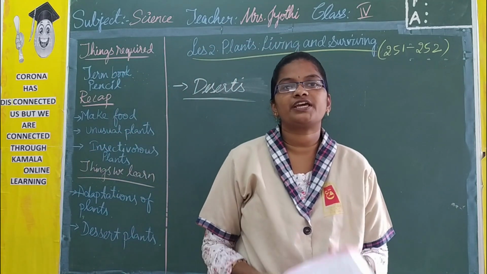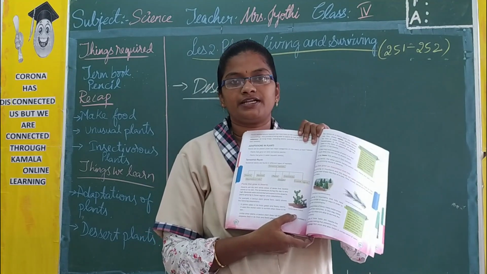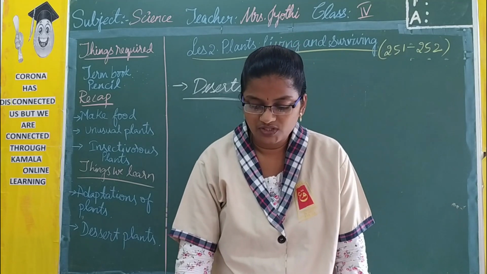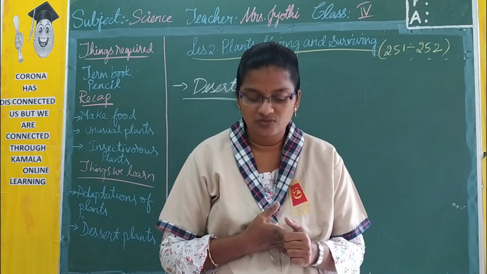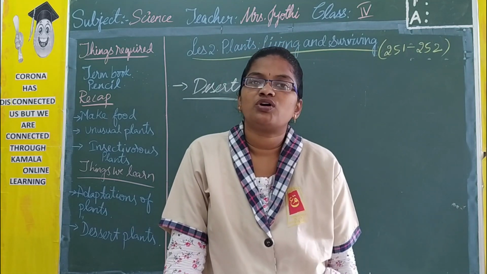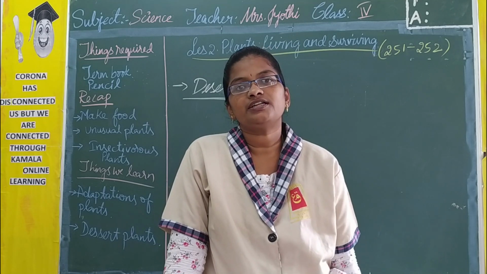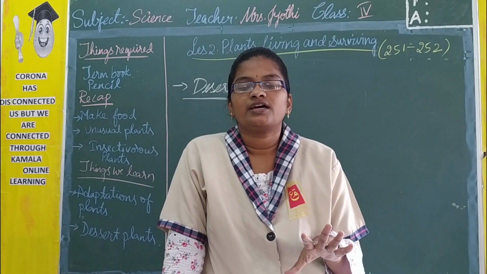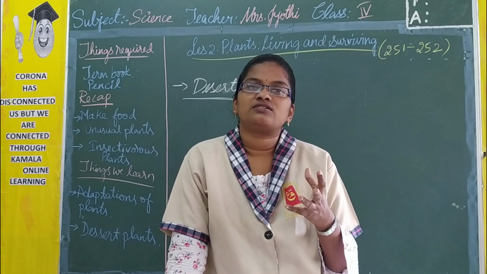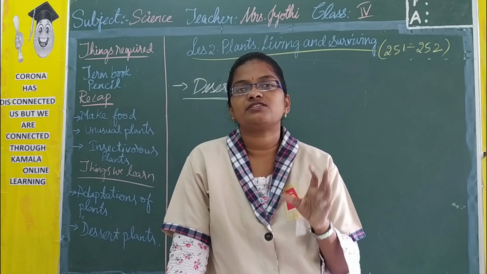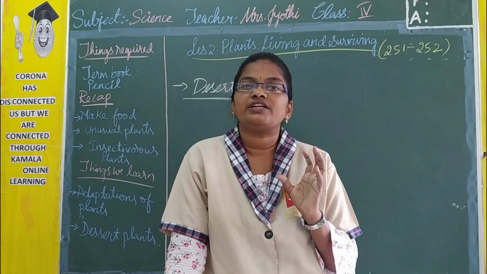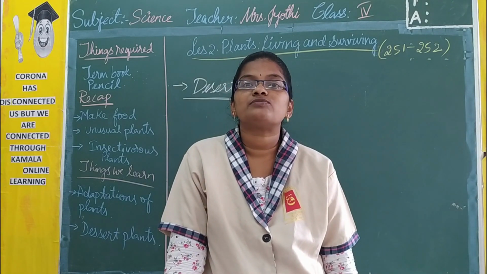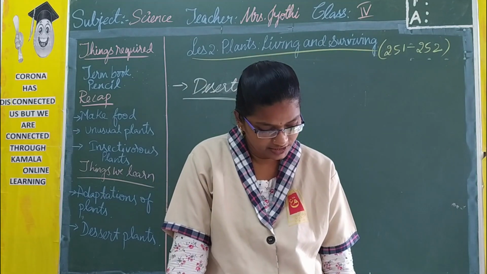So here in the textbook they have given an example, that is the cactus plant. So cactus plant is the best example. In desert you can see only cactus plant and another 2 types of species. Most of the plants do not grow in desert region because the type of soil is very loose. It cannot hold much water and there is a hot climatic condition. That means the climate is very hot and humid. So very little water will be available in that place. So most of the plants cannot adapt themselves to grow in such kind of climatic condition.